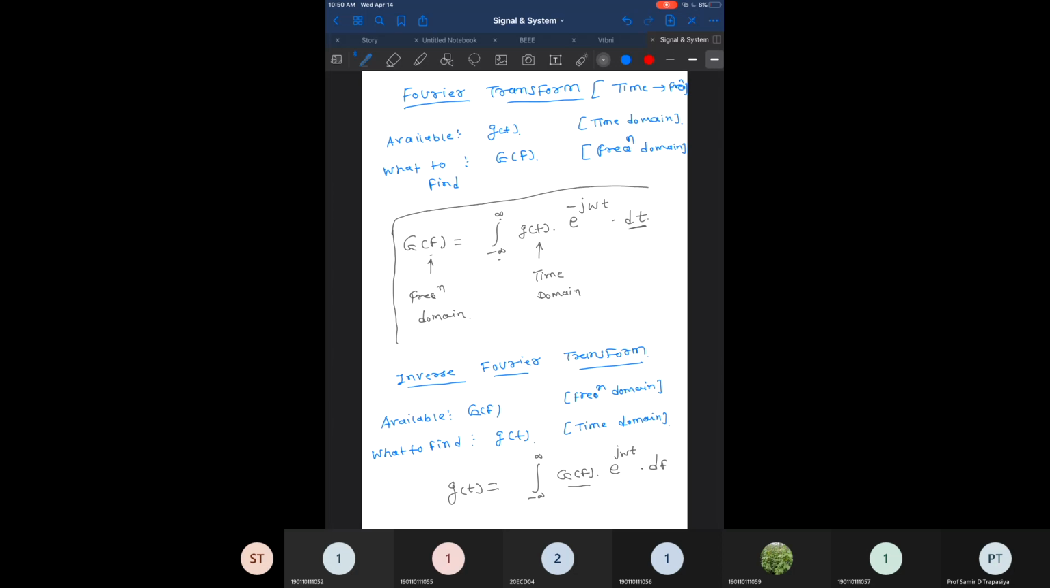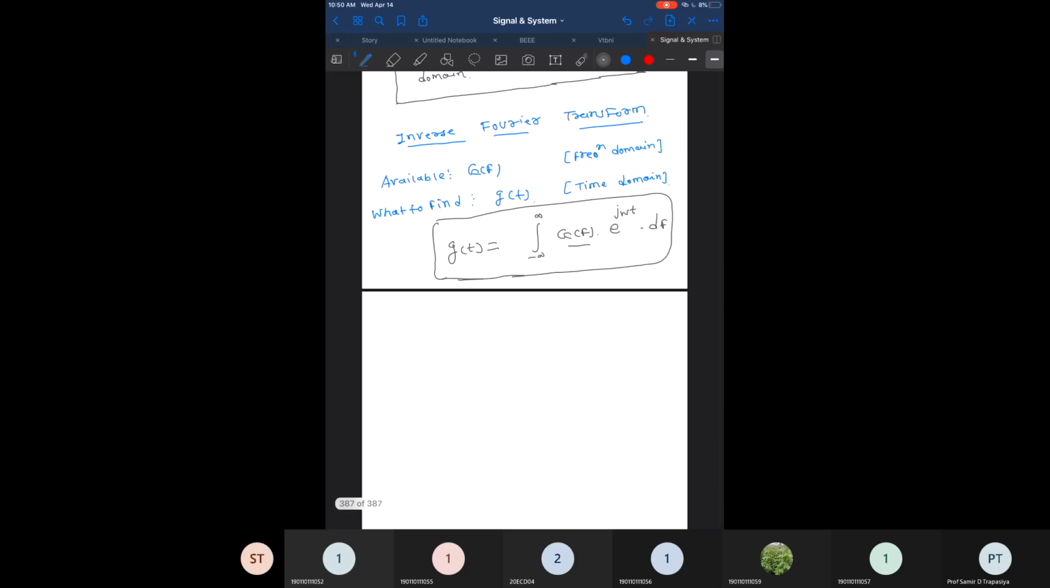If you want to find the Fourier transform, then we are using this equation. If we want to find the signal in a time domain, then we have this equation available. So we can have g of t available from g of f, and g of f available from g of t. So these are the two processes of how we can find the Fourier transform and inverse Fourier transform. Now, one very important thing that we need to note down over here is